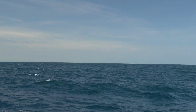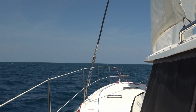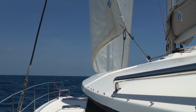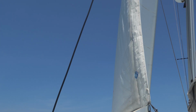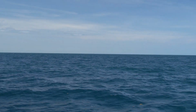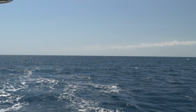So we are rounding Cape Hatteras in about an hour. It's about 12 knots astern. We've got the Genoa out. It's not catching too much wind, but it's adding a little bit to our motor sailing. 12 knots is enough to sail downwind, but we're expecting